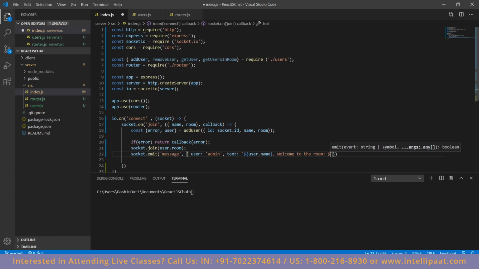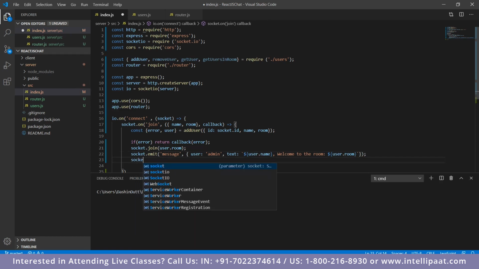It could be a room that has been created instantly upon request from the user, or it could be a room that is existing beforehand. So either way, simply type in user.room, and we actually need to encase that in curly brackets. So round brackets. So once we've done that, we can close this up and broadcast this